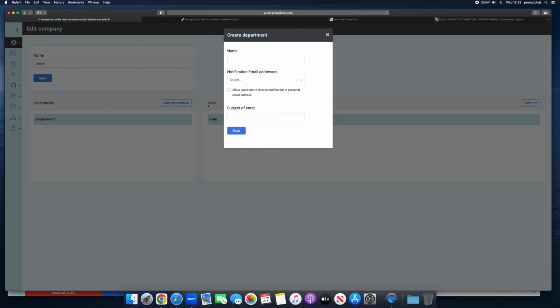So for instance, if you have a sales department and support department, then you'll be able to create separate departments, and only the operators which are assigned to such departments will receive the chat requests. Okay,